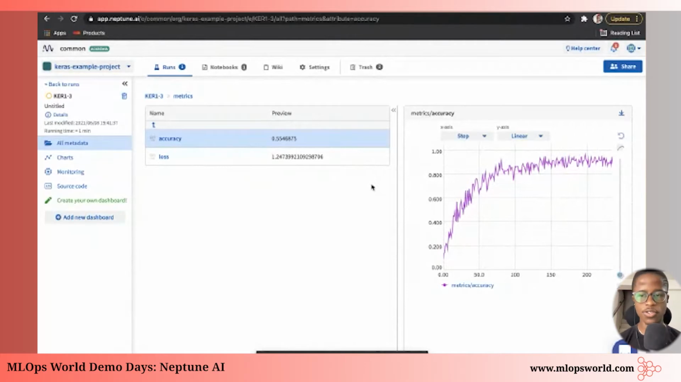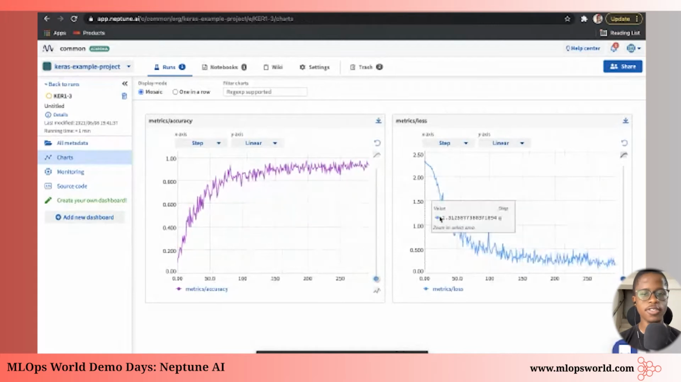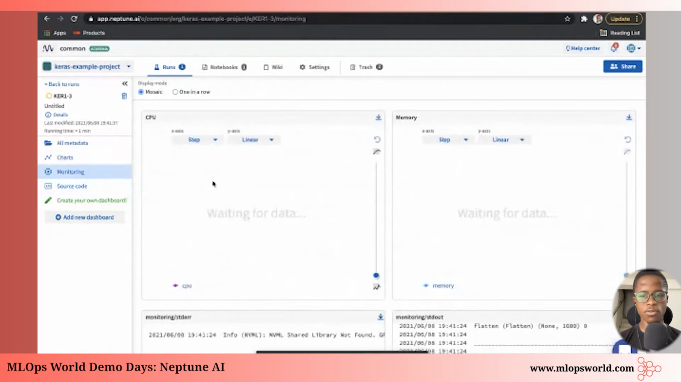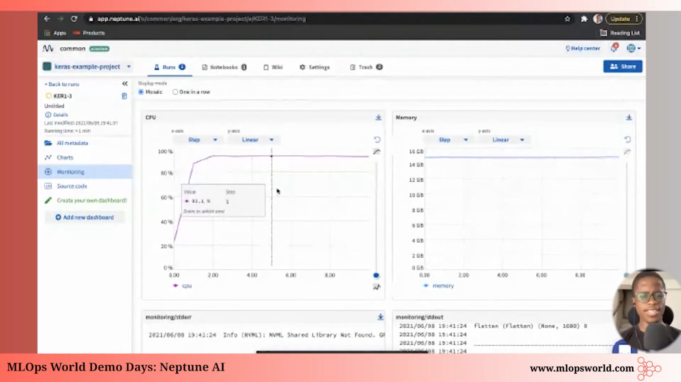That's how we add Neptune to your code. It's pretty much 4 lines of code. And we have our hyperparameters and our metrics tracked. So now we also have a special tab where you can find all your charts. So if you add more charts, you'll find all of them here. And we have also resource monitoring. So you don't have to do anything for this. It gives you that right out of the box. So this is easy,